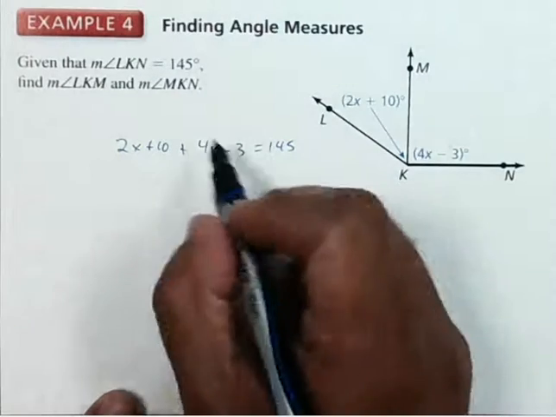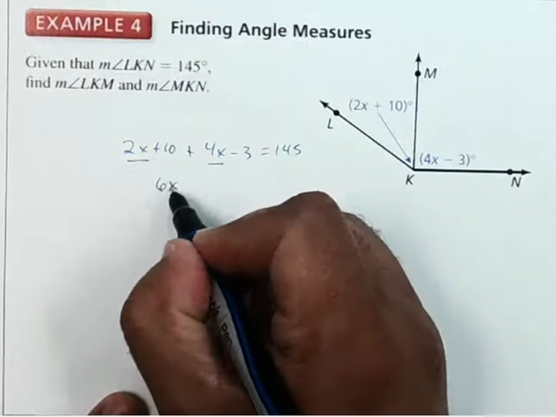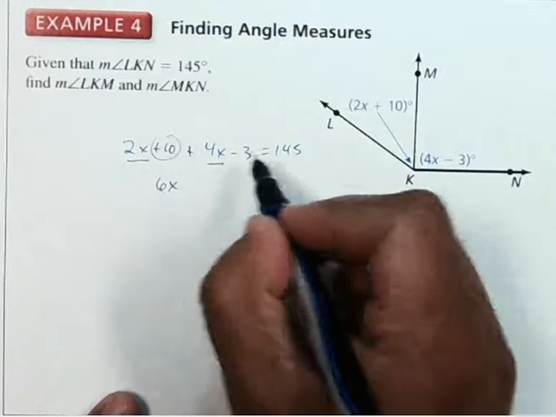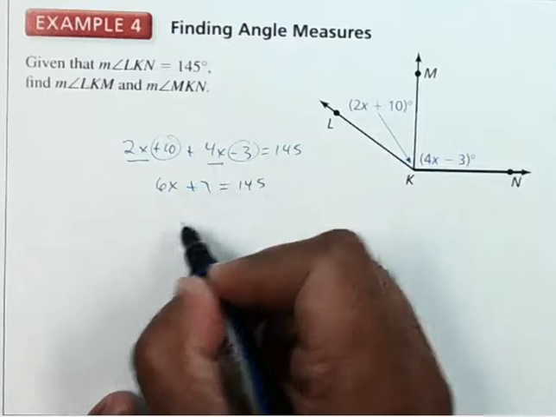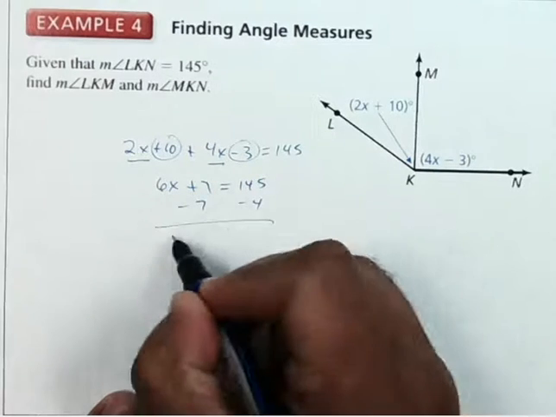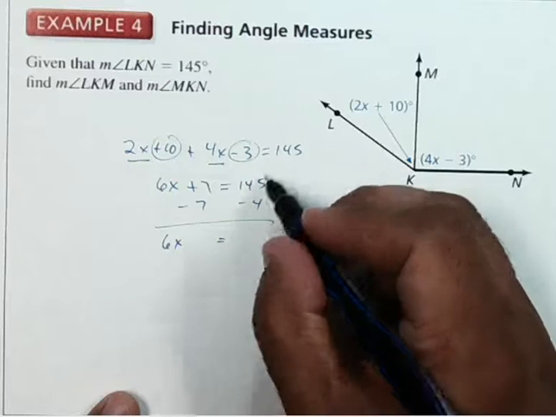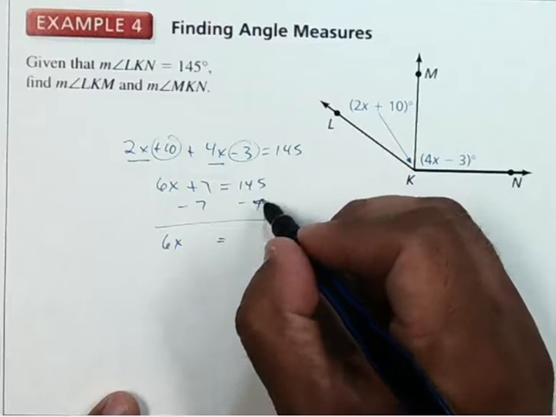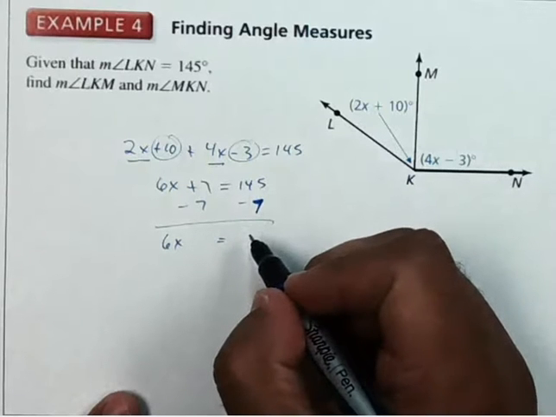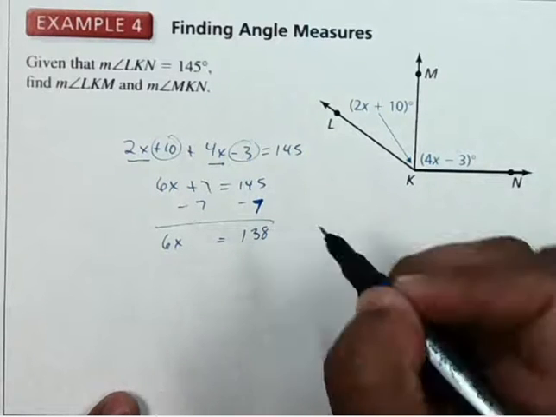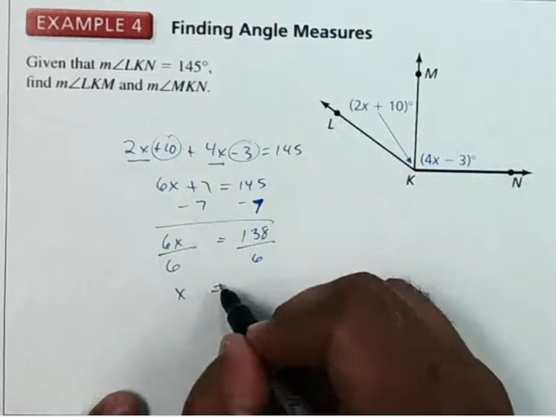All right, so I'm going to go ahead and solve this. I need to combine like terms. I have a 2x and a 4x, which makes 6x. Then if I look at the plus 10 minus 3, that's going to give me a plus 7. Then I would subtract 7 from both sides, and I'd get 6x is going to be equal to, let's see, oops, it should be minus 7. That's going to give me 138. Now divide by 6. That's going to equal